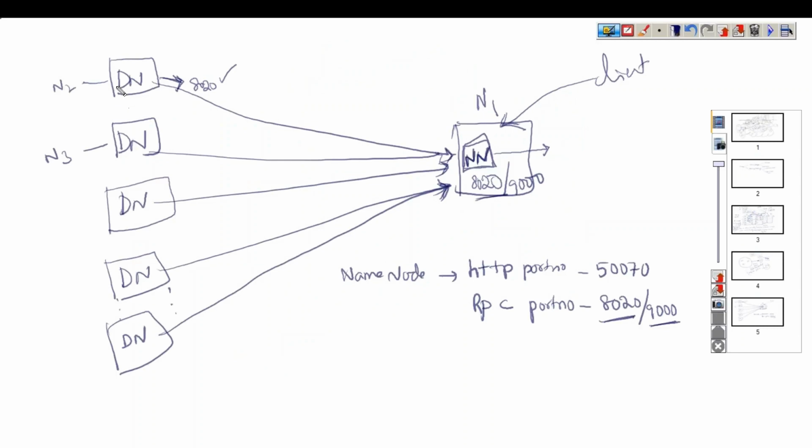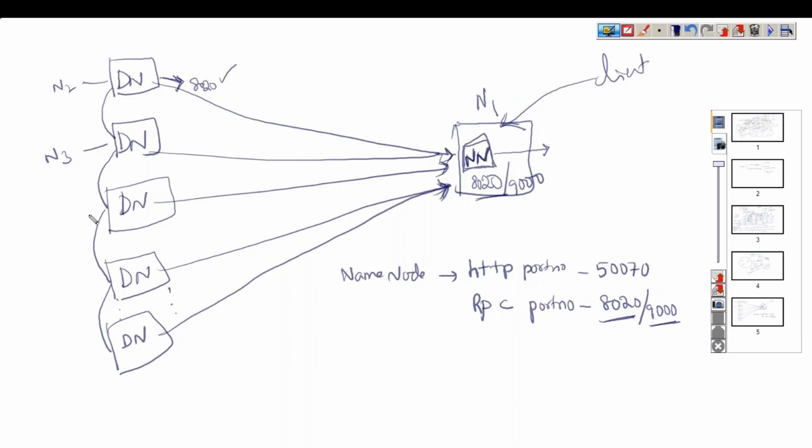So they must be connected. How does a data node communicate with another data node? Even a data node runs as a process on some port number. So what is that port number of data nodes?